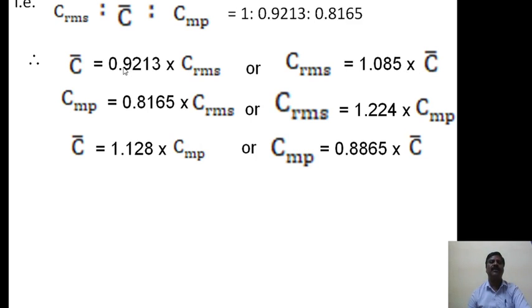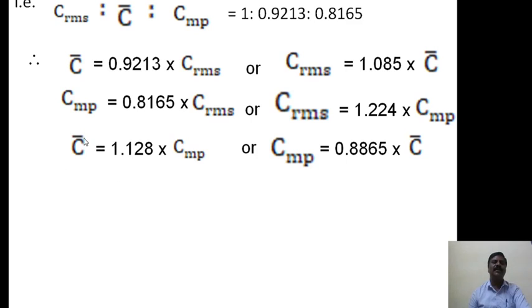This is the one relation. Suppose we know the RMS velocity, from that we can calculate the most probable velocity. Most probable velocity is equal to 0.8165 times CRMS. Or if we know the CMP, then we can calculate CRMS by multiplying 1.22 into CMP. Or another relation: suppose we know the CMP, then from that we can calculate the